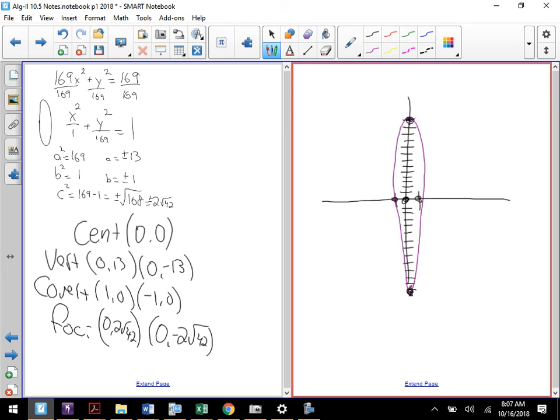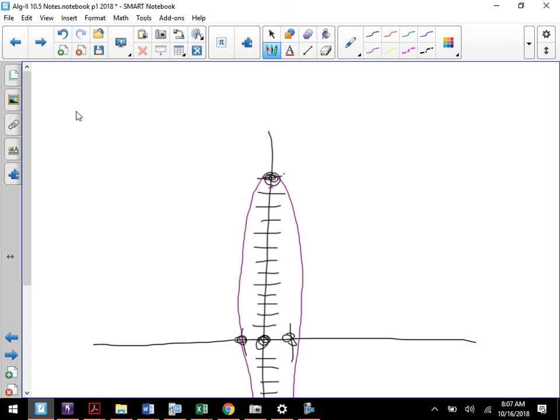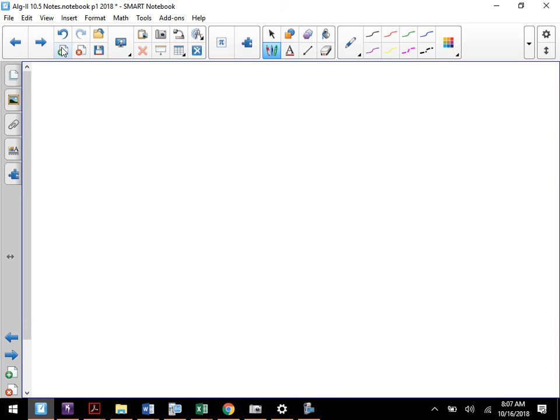All right. Now the other part of the ellipse stuff was basically writing the equation given information. So if you look at one like number 18, you have a covertex and a focus. I'm still working with the ellipses. So if I look at that one, you have a covertex at 0 and 2, and a focus